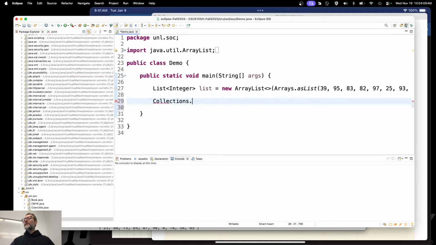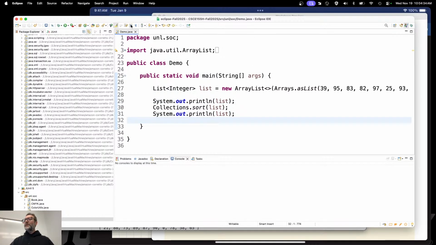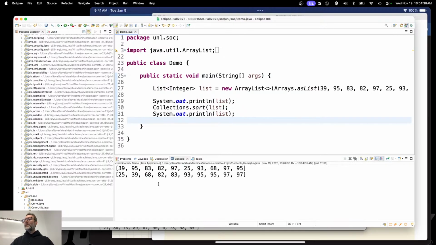I want collections.sort, okay? Now, here's the neat thing in Java. The integers, the doubles, the built-in types, those are so common that it just goes ahead and allows you to sort the list, right? Let me go ahead and print it out to make sure that it's actually working. System.out.println list, right? And copy that, and we'll see that it is just as before, unsorted, and now it is sorted in ascending order, right? That's the default. So here's where a comparator comes in. What if I want something other than the default? What if I want it in descending order?